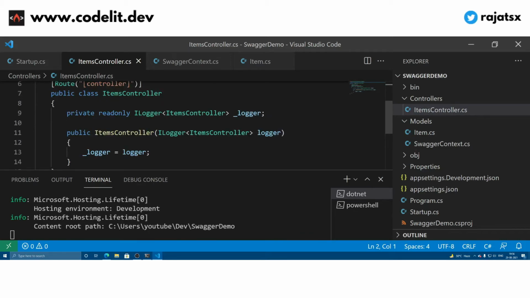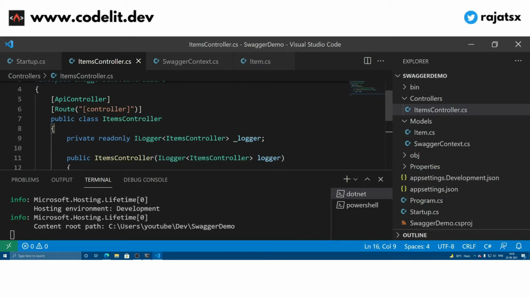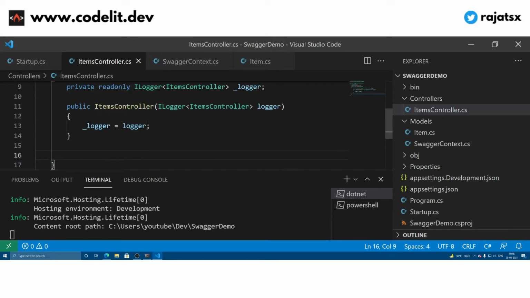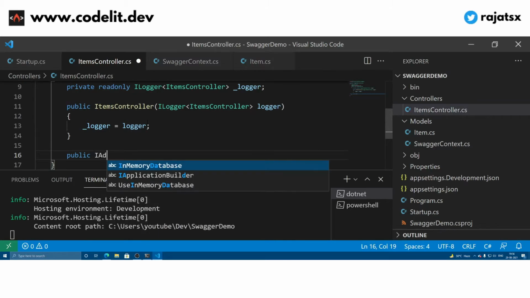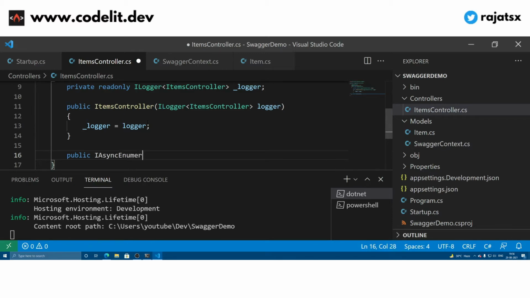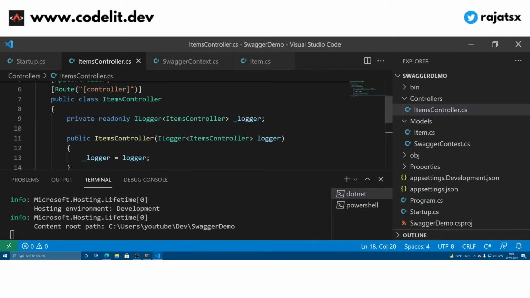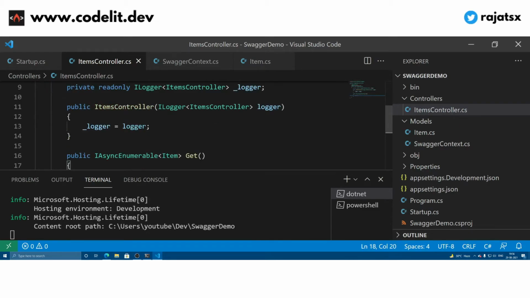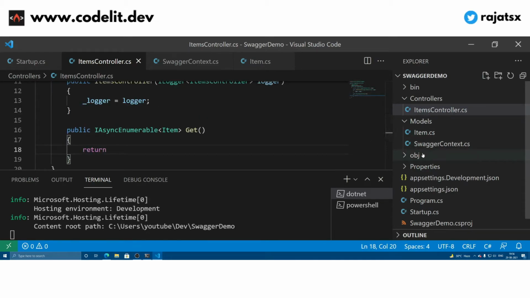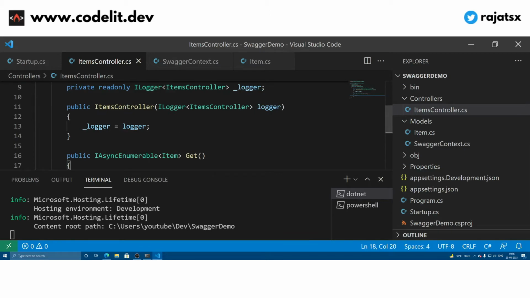so let's create our first route, that is the get route for getting all the items. So over here you can write public IAsyncEnumerable of type Item, the Get method, and over here you can do return, and then we have to return something, right? So we are going to get these items from our in-memory database, so we need a way to access that database.